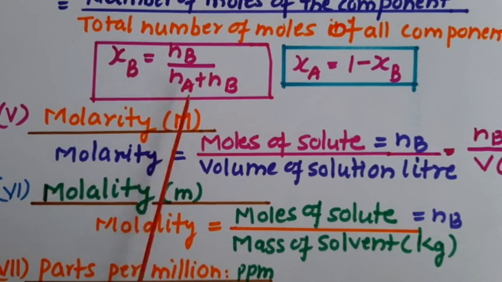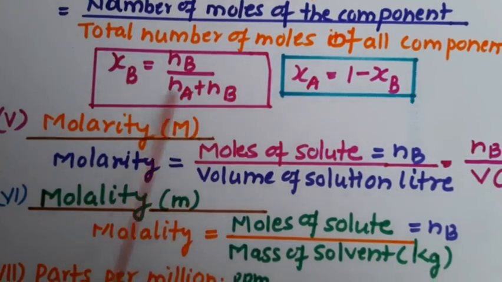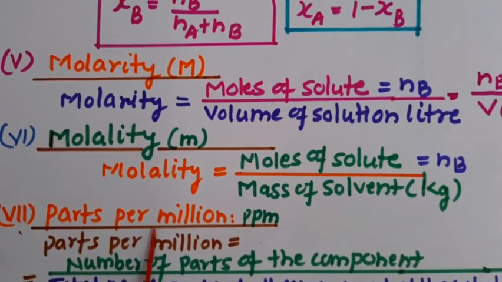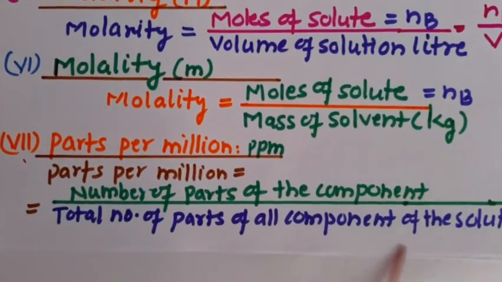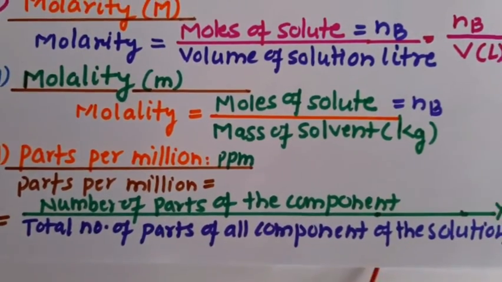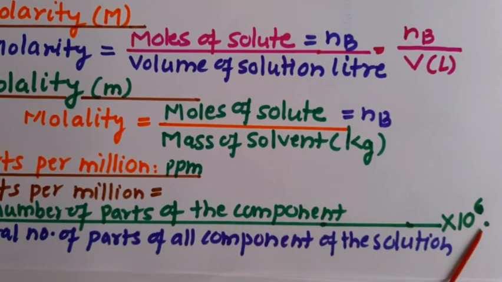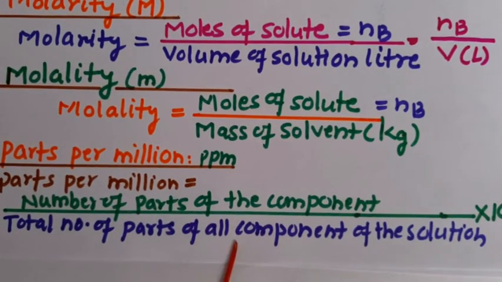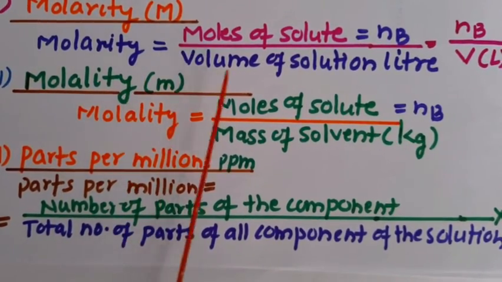But you can convert the percentage composition of the solution into mole fraction easily, as well as molality, as well as ppm. You can also convert it into ppm easily, because you know the mass of the component present in the solution, divided by the mass of the solution, multiplied by 10 raised to the power 6. You have to find out how many parts of the solute are present in 1 million parts of the solution. That's all. So you can convert this percentage composition into parts per million, molality and mole fraction. But if you have to convert into molarity, the density of the solution should be provided.